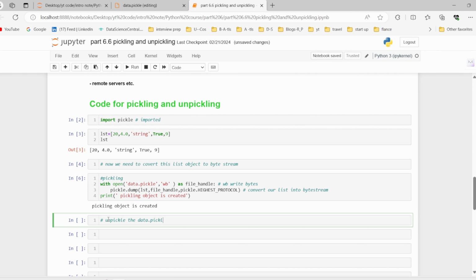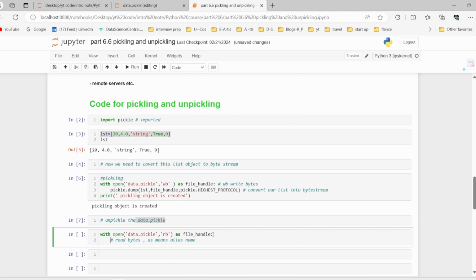So guys, now let's write code for unpickling: with open data.pickle. Here we need to give rb, that means read byte, as file handle. Here you can see "as" means alias name. So guys, you can see I gave this file handle name to this entire thing, right? Here I want to write original data equal to pickle.load. We need to pass this data.pickle